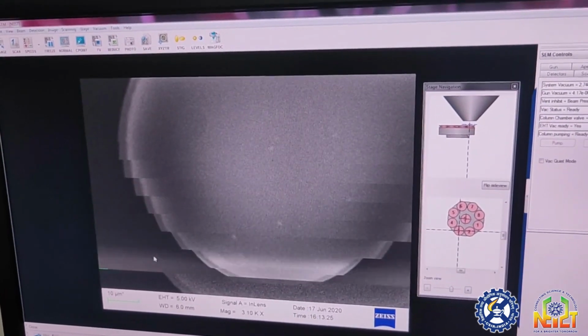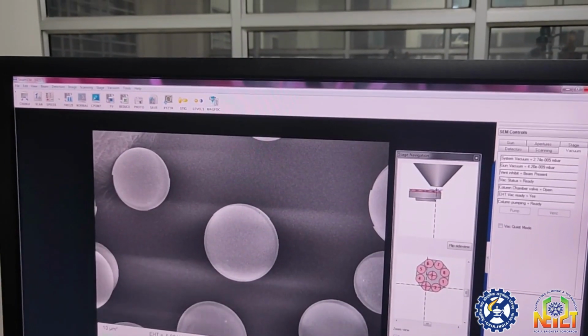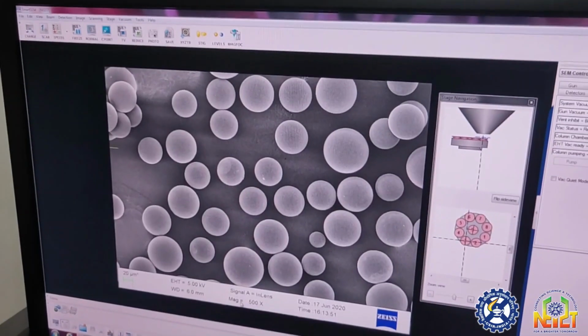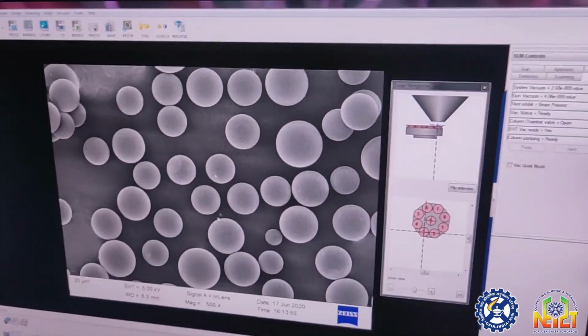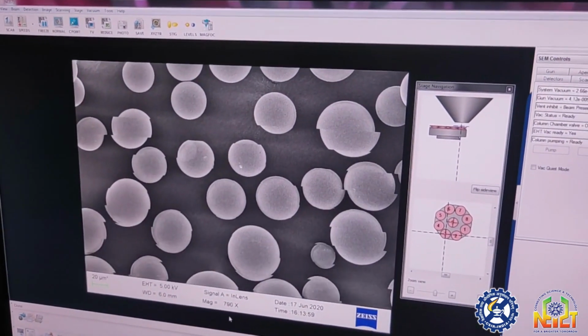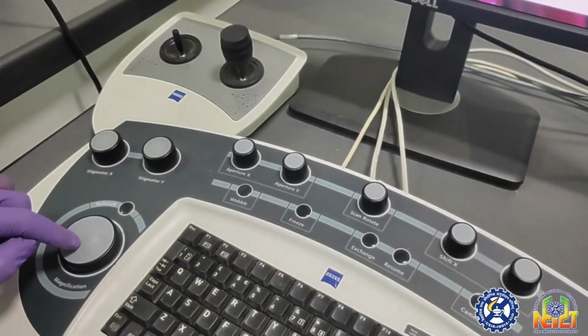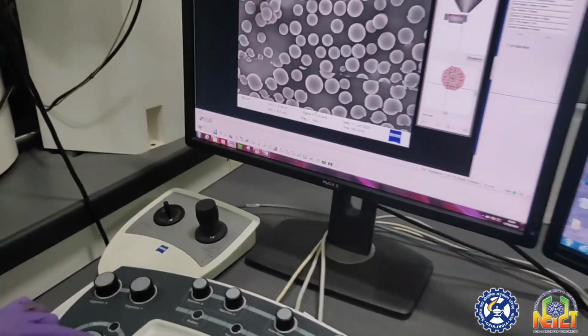Okay, yeah. Now we are at 500x. So you can see the magnification could be changed by this button also.